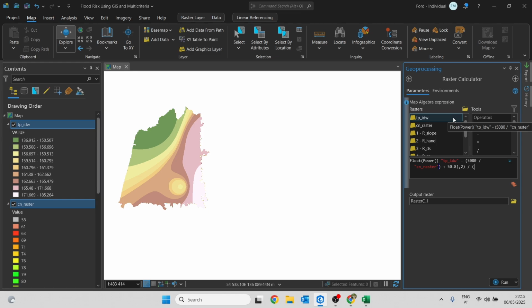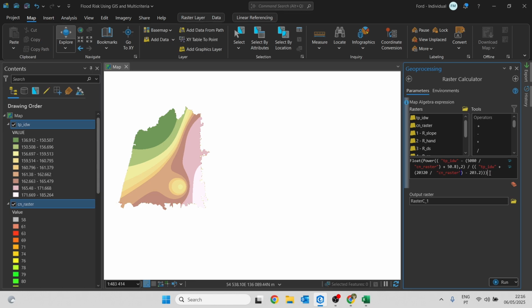Then we divide again, we open the parentheses again, 2 parentheses actually, we select the IDW again, and then we don't want to subtract, but we want to do a sum using this value and dividing by the curve number raster again. Then we close the parentheses and we do minus 203.2.